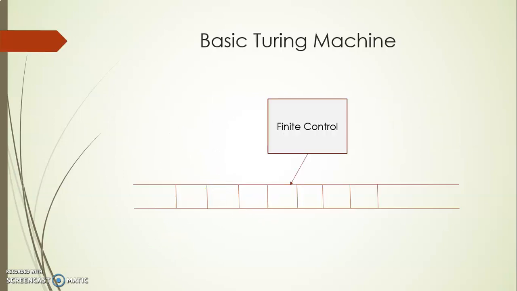Okay, first we'll recall what is the structure of a basic Turing machine. So a basic Turing machine consists of a finite control. We know that finite control is nothing but a set of states, and an input tape. The size of the tape is infinite and it is divided into cells. Each cell is capable of storing one information, that is one bit of information or a symbol. Then the size of the tape is infinite. By default, all the cells of the tape consist of blank symbol, say B.